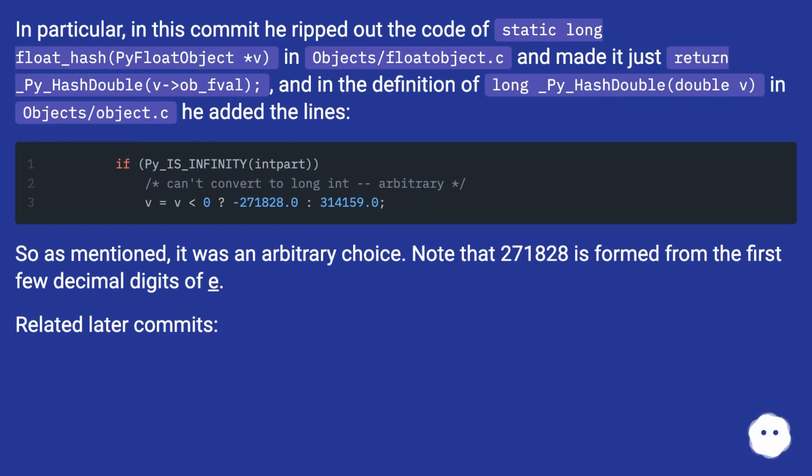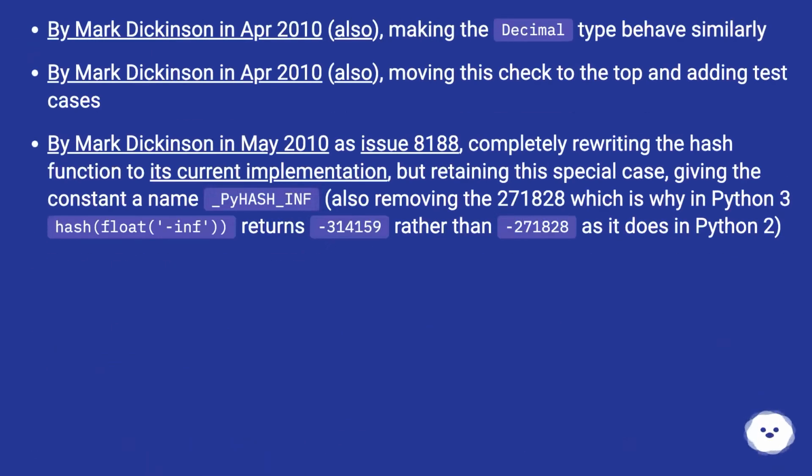Related later commits. By Mark Dickinson in April 2010, also making the decimal type behave similarly. By Mark Dickinson in April 2010, also moving this check to the top and adding test cases. By Mark Dickinson in May 2010 as issue 8188, completely rewriting the hash function to its current implementation, but retaining this special case, giving the constant a name _PyHASH_INF, also removing the